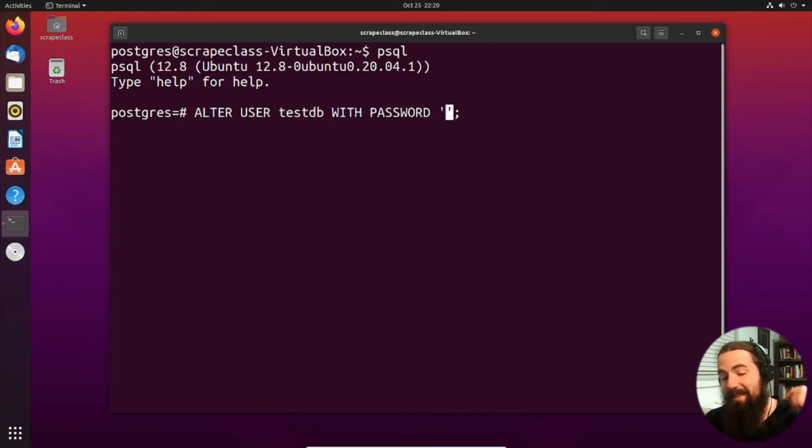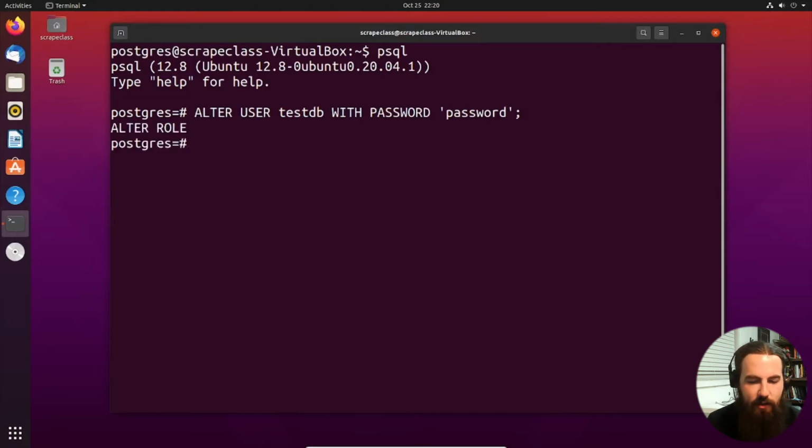Again, this is going to be very insecure. I'm literally using the password. But I'm making it easier to connect with, and you can feel free to do or not do any of the steps in this section with regards to security and all of that fun stuff, because we're actually about to do something even worse than this. So we're going to press enter. It's going to say ALTER ROLE. That means that it happened successfully. So let's exit this prompt,